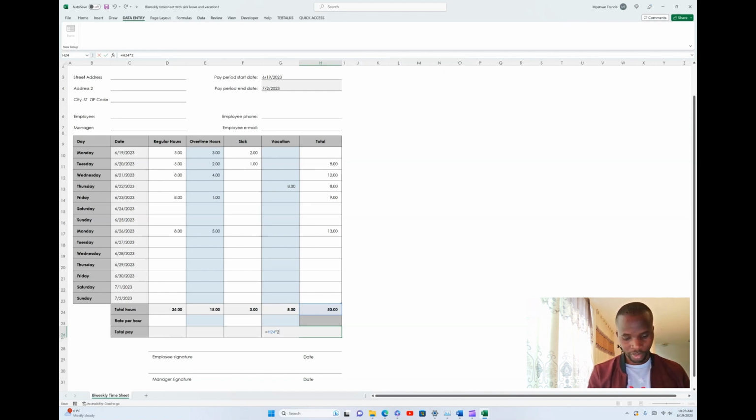Maybe $25 per hour. And then when you press enter, you can see on these days, which is, I don't know how many days, 1, 2, 3, 4, 5, 6, 7. I think it's a week. I worked around 1,250. That's the total pay for all these hours I did. Why? Because I have too much overtime. That's how we can use the user form